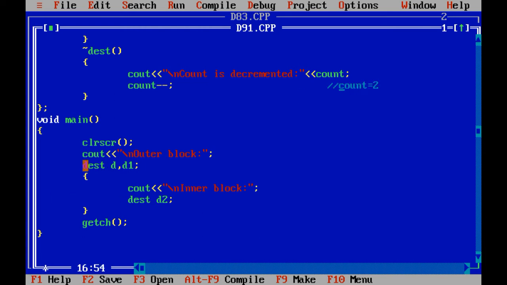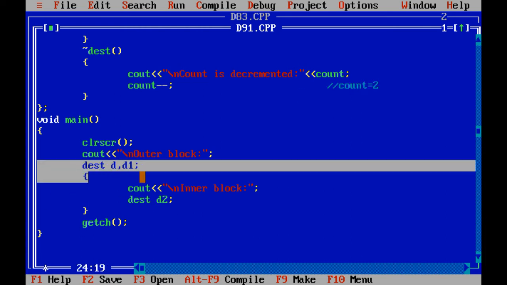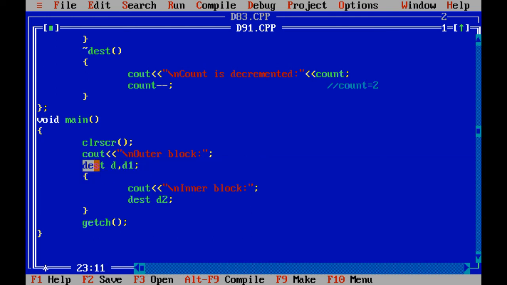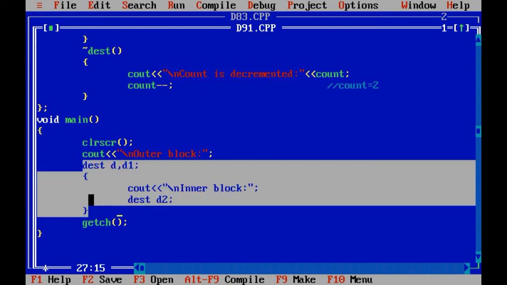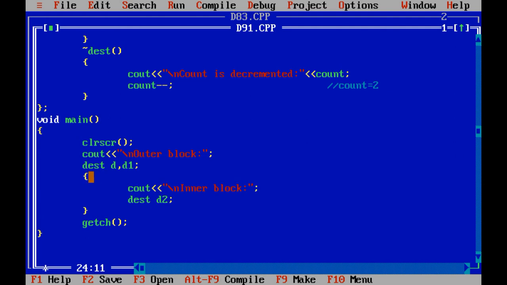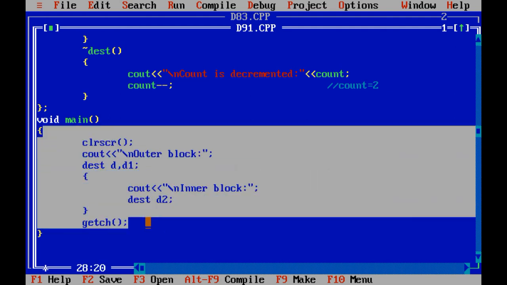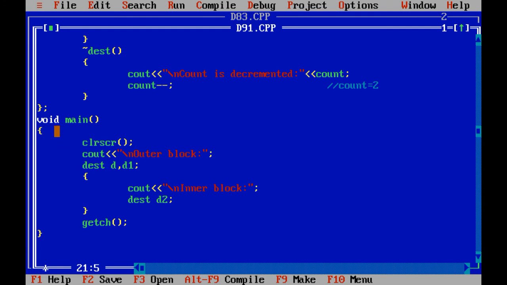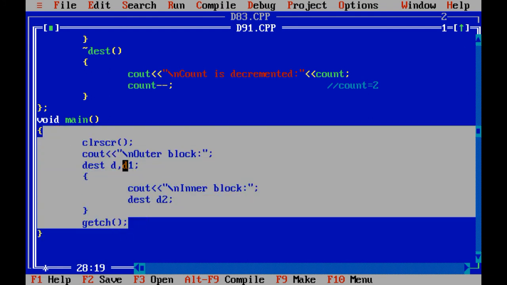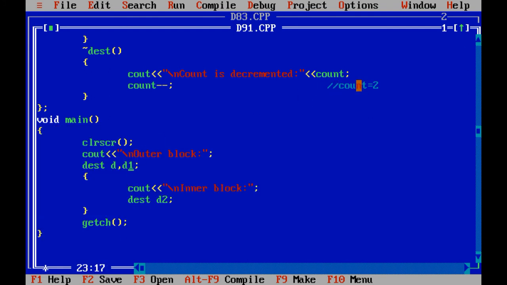So what about these two objects? See, if I want to see these two objects' output, naturally the life of these two objects is up till the void main, yes or no? So when void main is completed, at that time count is decremented by 2 and count is decremented by 1 is printed on the screen naturally.